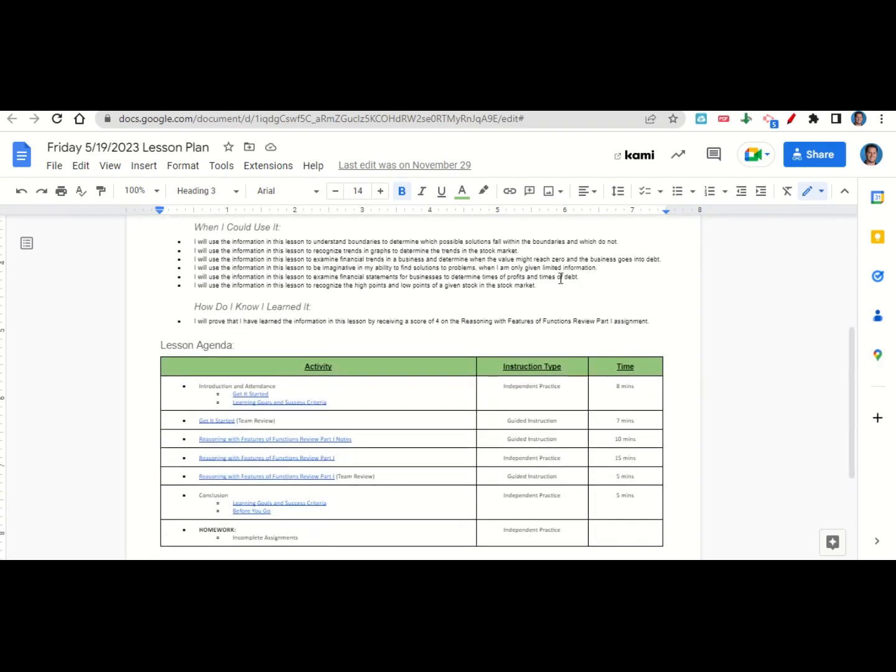Let's take a look now at our agenda for today. We will begin by going over the learning goals and success criteria. While we do that, you'll fill out your Get It Started. Once you've completed your Get It Started, we'll go over it together and answer any questions that you may have. After that, we'll go over the Reasoning with Features of Functions Review Part 1 notes, and then I'll give you